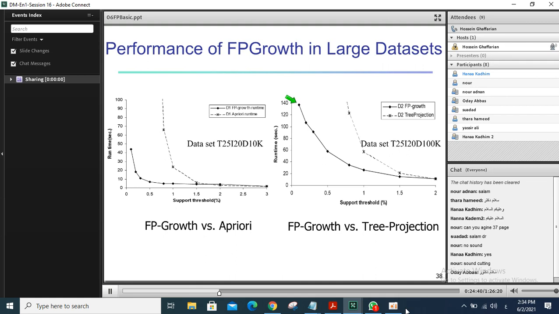The first choice is using projection techniques,